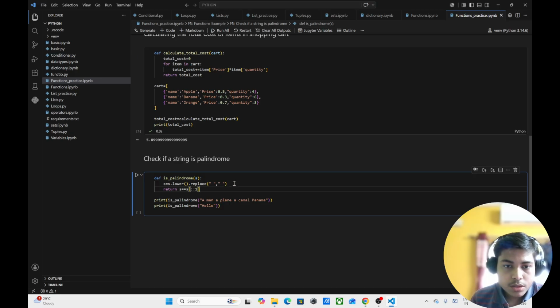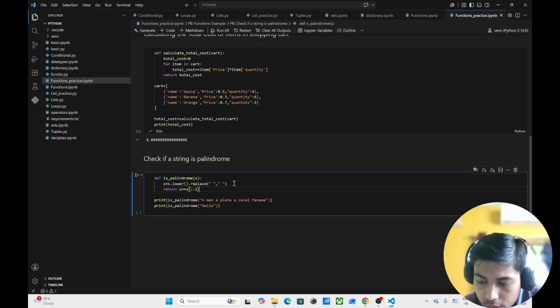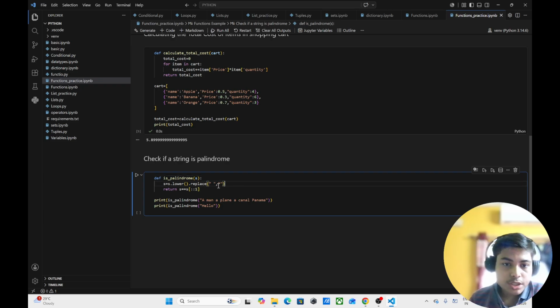So wherever there will be a space, the space should be removed. Simply I am denoting it here as a space should be removed. This is the blank space and comma. There is no blank space between the inverted commas. Now returning that s equals to s colon 1,